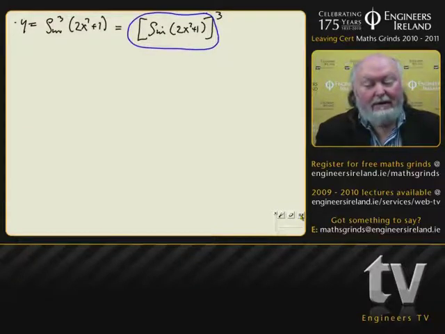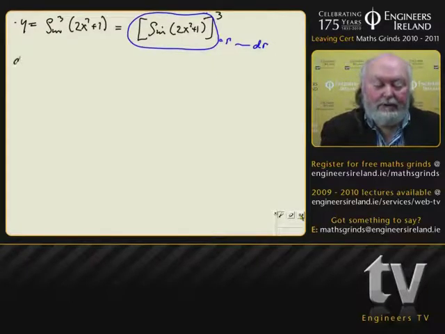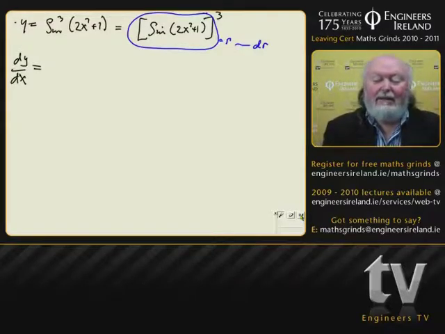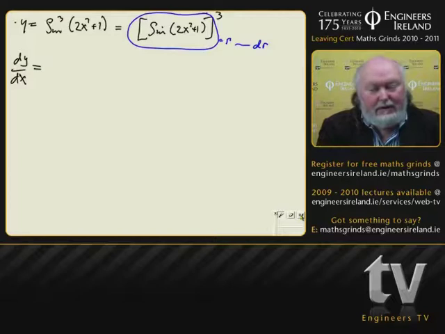So technically in our mind I could let all of that equal r, so that we will have a dr now. If I call that r, when I'm now dealing with dy dx, I can get the d/dr of r cubed, can't I? Which is